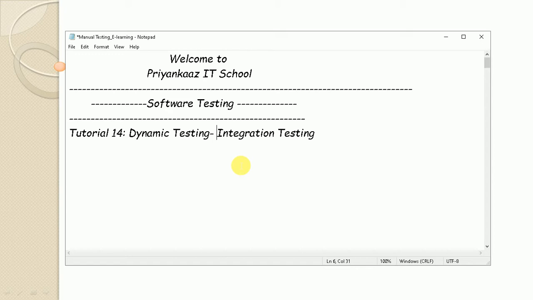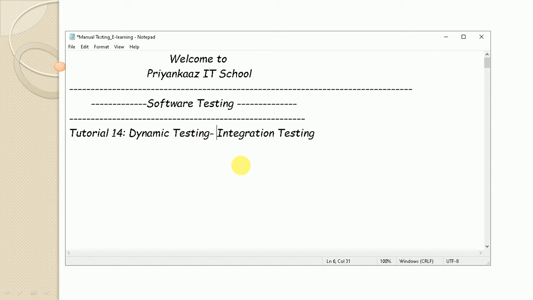So we are discussing dynamic testing, and dynamic testing is a process where we can simply perform execution on a software application and find defects in that software application. But to conduct dynamic testing, again we have four different types to follow, and these are basically software testing levels, right? So we have four different levels of software testing.